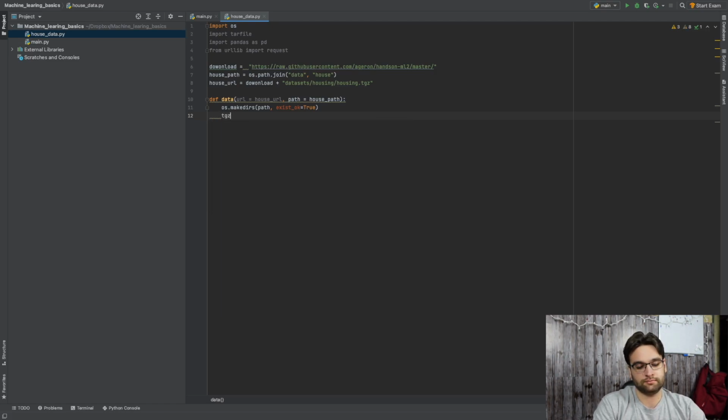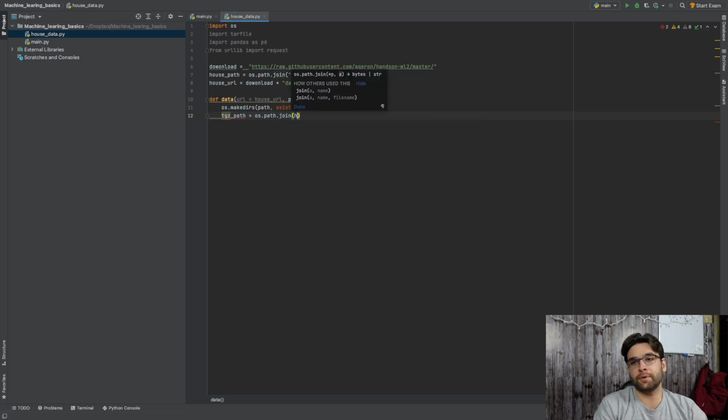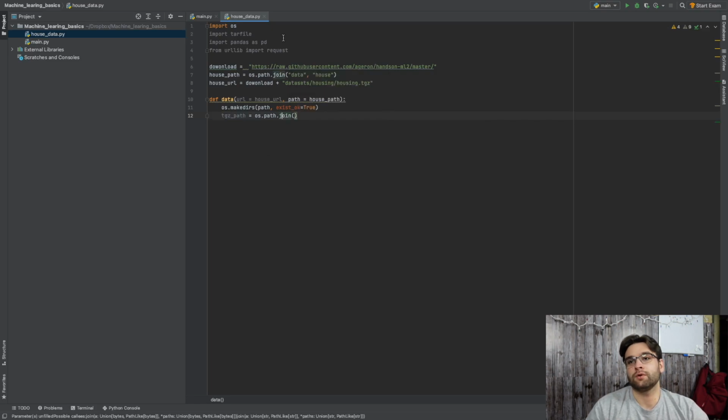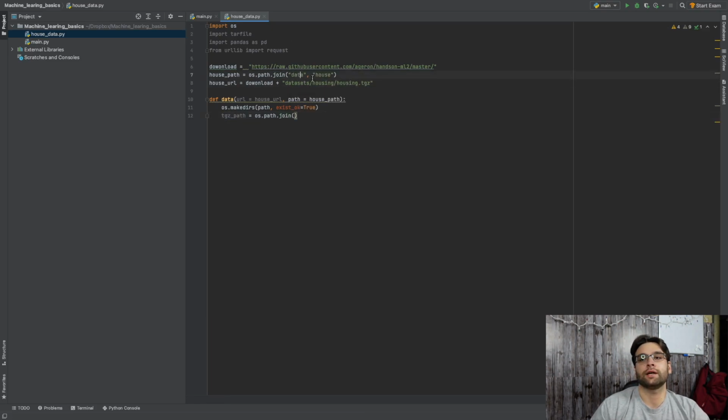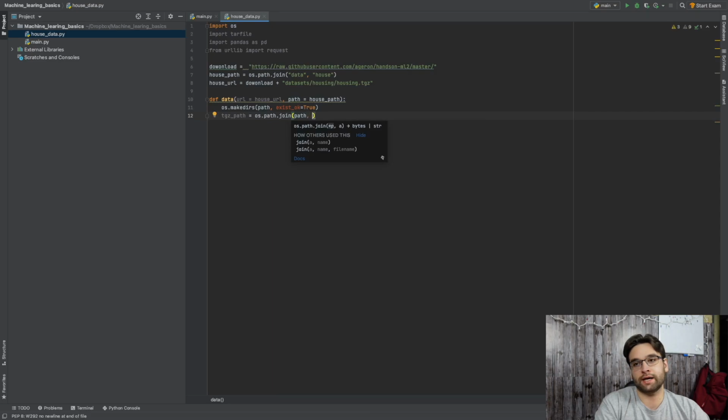tgz path equals os.path.join. Above, this data and this house, you could have made it whatever you want. You could have made this Joe and you could have made this Smo, all right? But this one has to be very specific. We have to say path. The first argument we have to pass in is path, and then we also have to add in